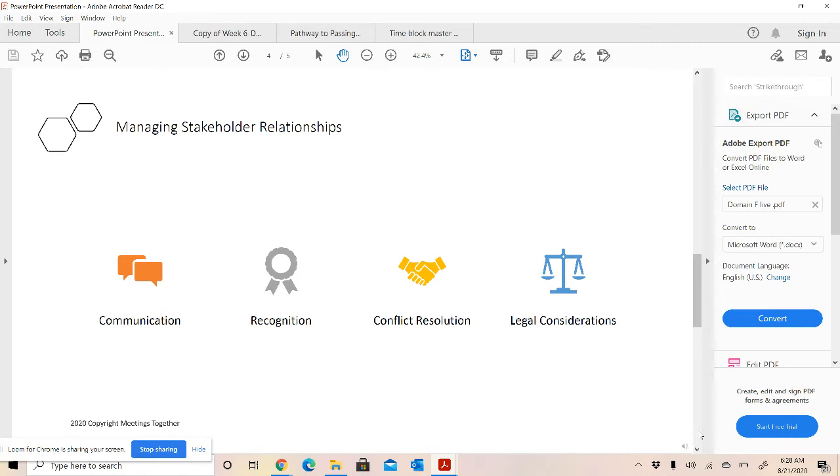So we have communication, recognition, conflict resolution, and legal. So for communication, I gave that example about making sure that everybody stays informed. You want to make sure your staff and employees are informed of their roles and their responsibilities, and that you're keeping track of those to make sure objectives are getting accomplished, your KPIs, and you want to make sure that you're empowering